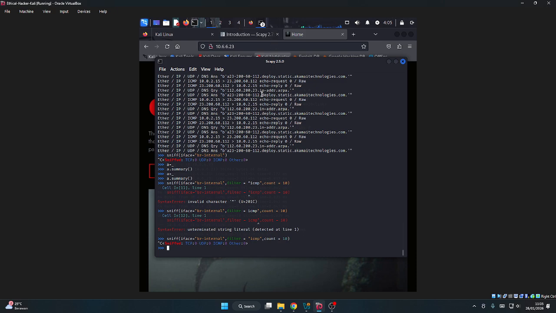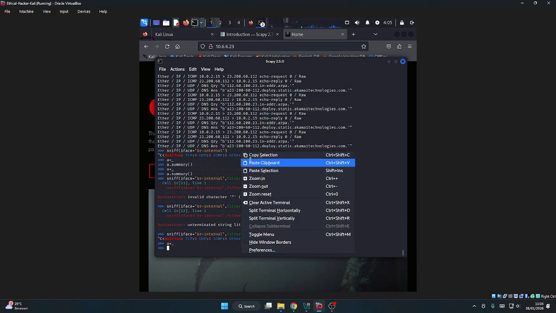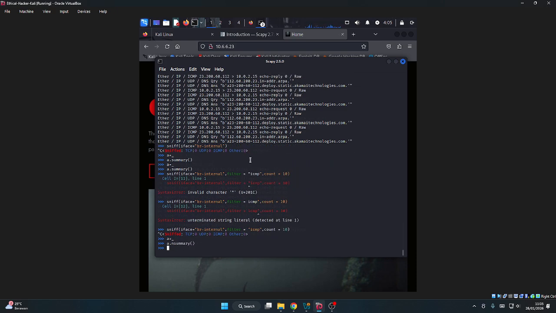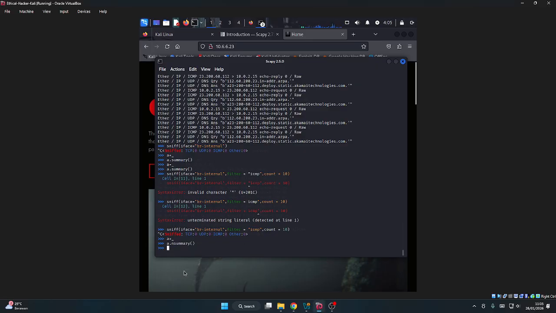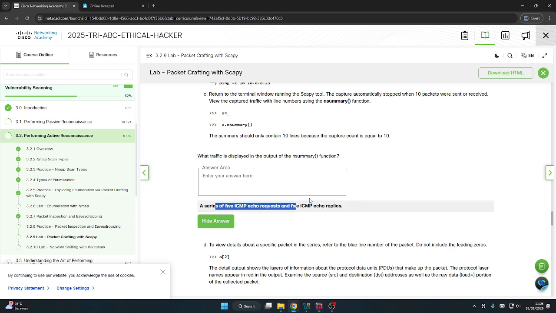It shows nothing, and what traffic is displayed on the output and summary, we can't answer this because it shows nothing. Series of 5 ICMP echo requests and 5 ICMP echo replies.